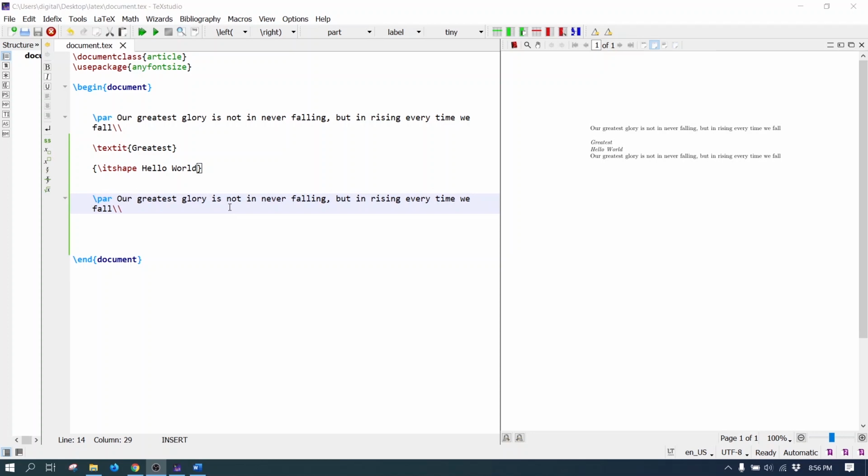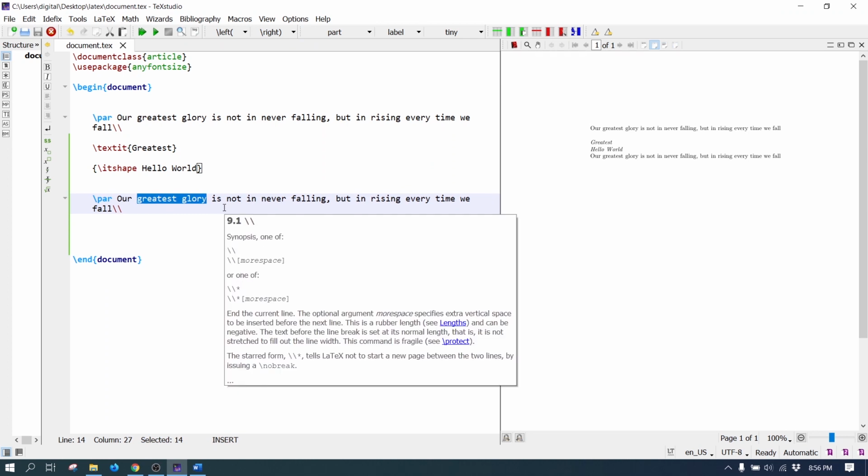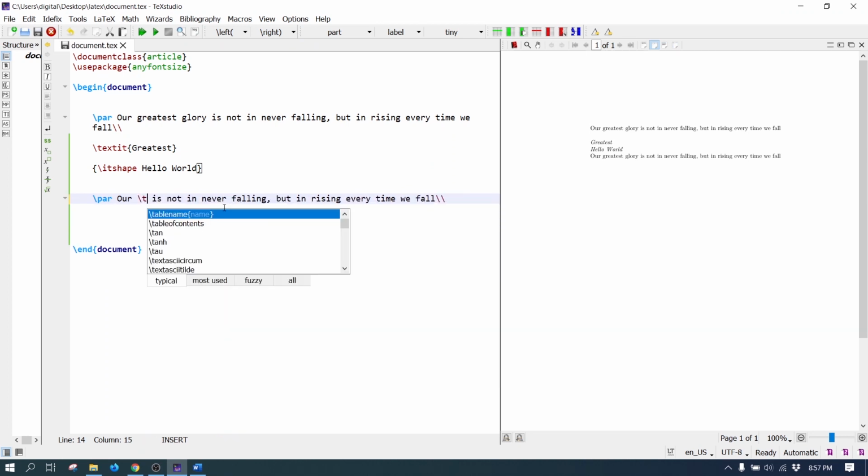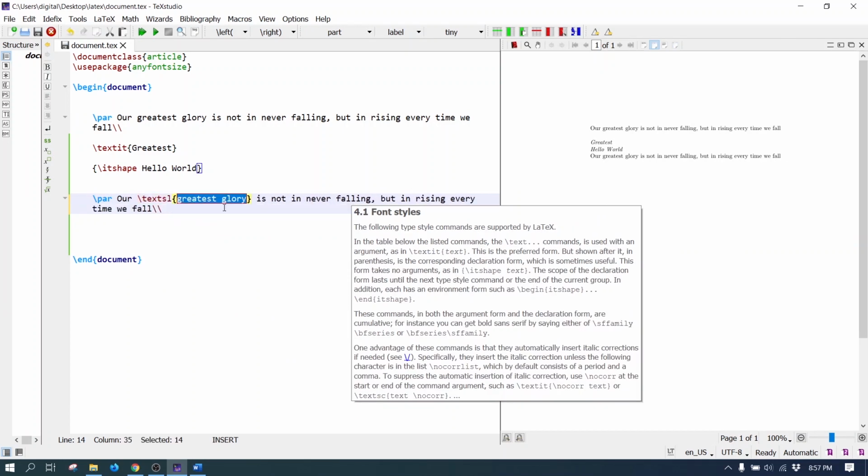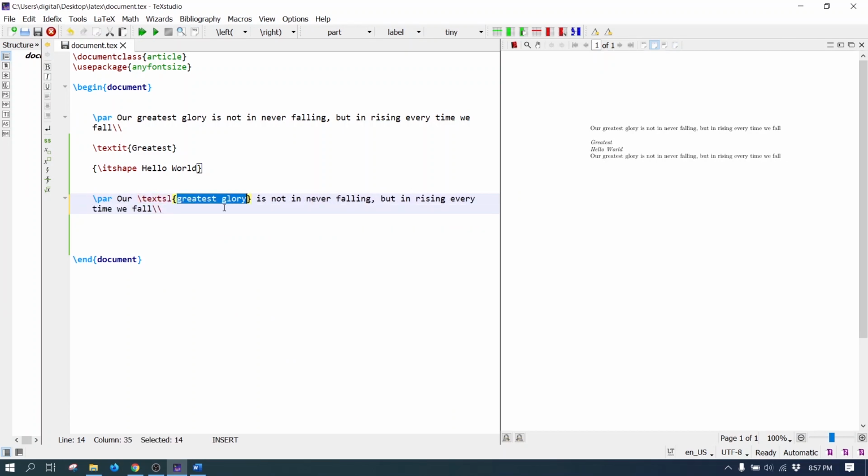Similarly, to make the text slanted, the textsl and slshape commands are used. For example, greatest glory should be slanted. To write it, the textsl command: \textsl. The greatest glory now is slanted.